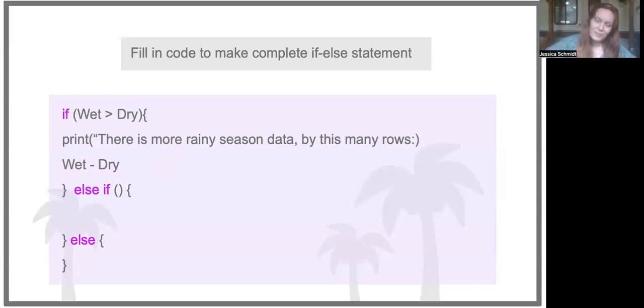Okay, now you guys are up to bat. Please fill in the rest of the code to make a complete if-else statement. So remember, we want to cover all the possibilities. We want to cover if dry is greater than wet, if wet's greater than dry, and if they are equal. So please, using the example of Patrick and Bertha, go through this and add in little print and calculation messages for each of these to cover all of the possibilities. And once you are done with that,